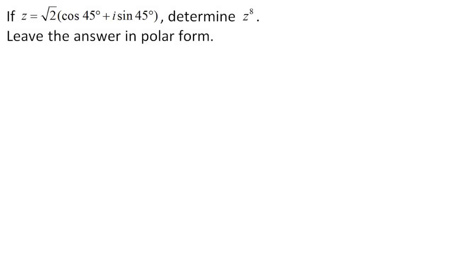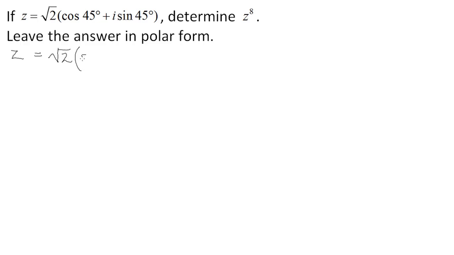Let's look at the following example. If z is equal to the square root of 2 (cos 45 degrees plus i sin 45 degrees), determine z to the power 8. This power 8 tells me that we need to apply de Moivre's theorem. Also, de Moivre's theorem is only applicable to the polar form, which is the case in this specific example. So we're going to start by saying z is equal to the square root of 2